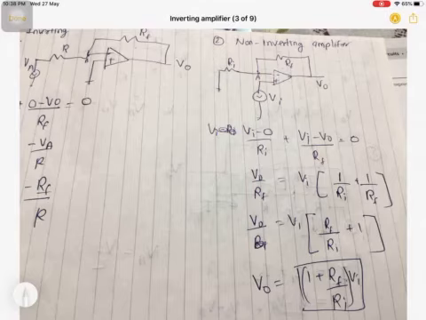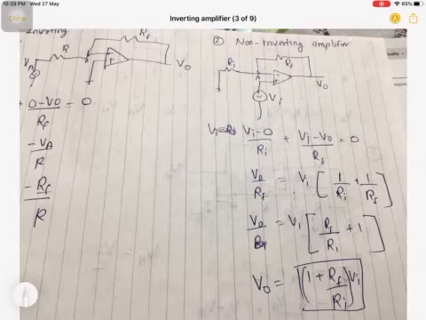If we compare the gain of the inverting amplifier and the non-inverting amplifier, the magnitude is not much different. It is 1 plus Rf by R1 for one, and Rf by R1 for the other. However, the major difference is the sign. One is negative and the other is positive. That's why they are named inverting and non-inverting amplifiers. But hypothetically, if you have a choice and have to design an amplifier, then as per your thinking, which amplifier is the best? Just think for a moment.